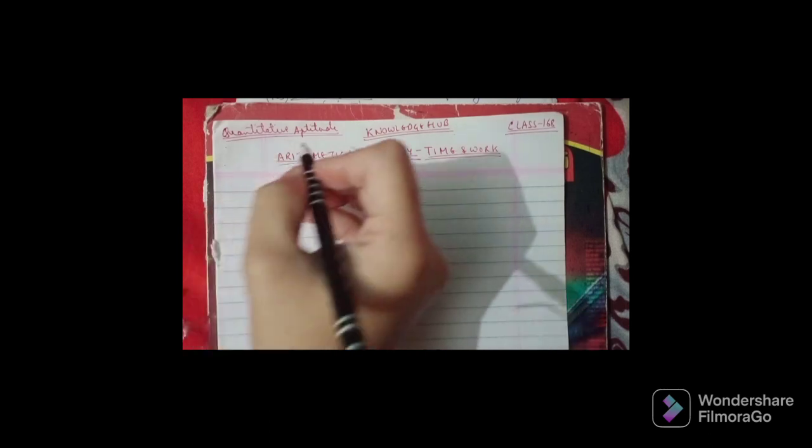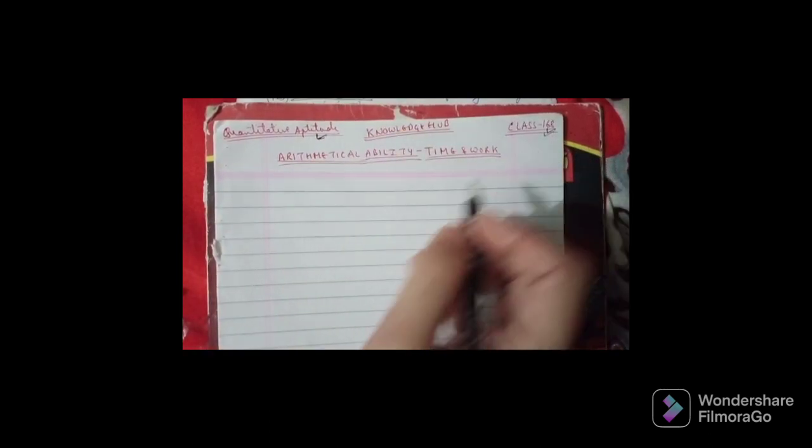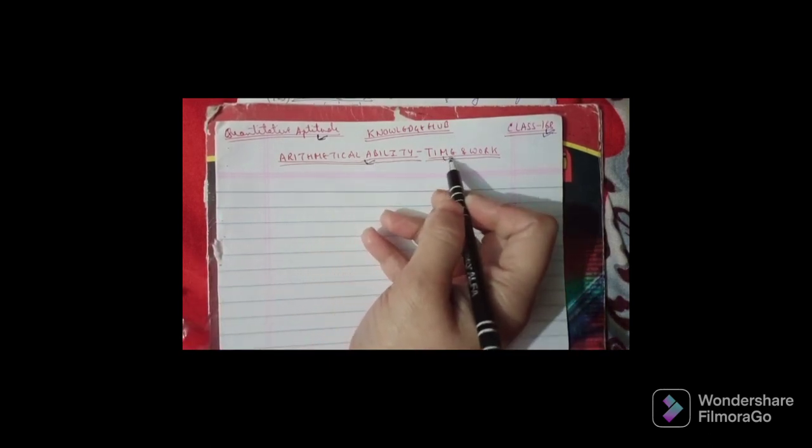Today we're going to start with your quantitative aptitude class. This is your class 168. We had done your 167th class of the sessions as well. Coming towards quantitative aptitude, this is your arithmetical ability. In that we are on the 15th topic, that is time and work. The last, 14th topic, is chain rule, and the 13th is partnership, which we had completed.